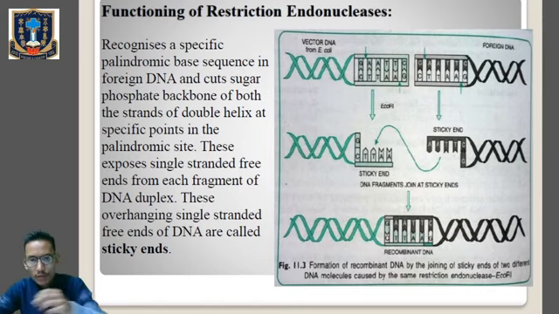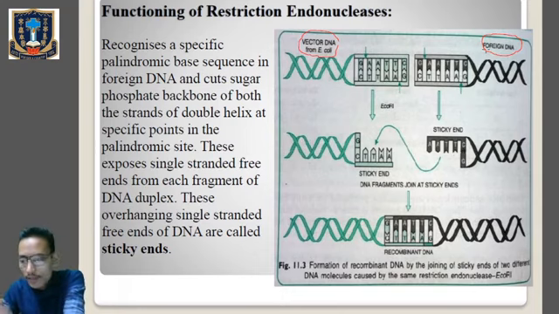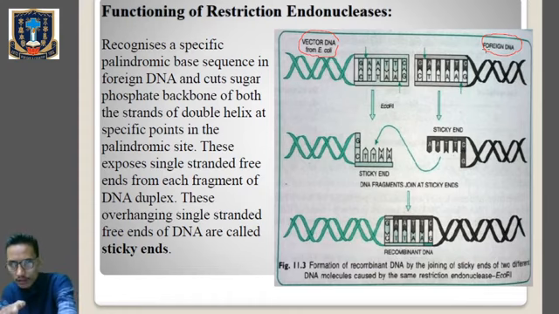Okay, so look over here. First of all, we have the vector DNA, that will be easier for you to understand. Then we have the foreign DNA having the gene of interest. The first thing is that the same enzyme needs to be utilized for making a cut in the vector DNA and in the foreign DNA. So suppose we are using the enzyme EcoR1, then the palindromic sequence for EcoR1 is